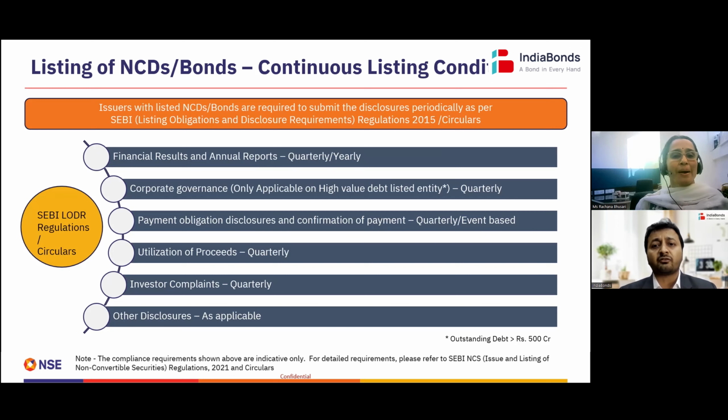So a lot of you guys have raised queries about why a bond is trading below face value, face value से नीचे क्यों ट्रेड कर रहा है. जैसे कि एग्जांपल एक 10 लाख का फेस वैल्यू है लेकिन एक बॉन्ड ट्रेड कर रहा है 9.5 लाख पे, तो क्यों ट्रेड कर रहा है. So this is where you can get your answers, because from these disclosure norms you will actually understand that something is not right or something is right about the company. Sometimes a 10 lakh rupee bond can be trading at probably 11.5 or 12 lakhs, which is trading at a premium. That means you can actually get capital gains out of it by selling it in the secondary market, right?